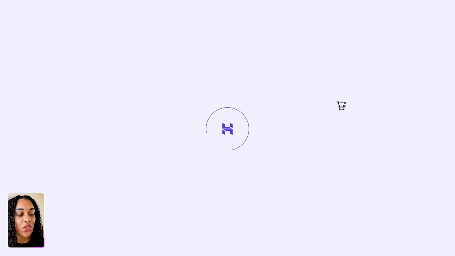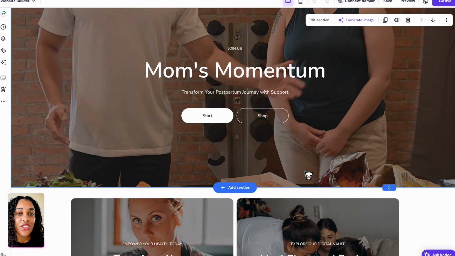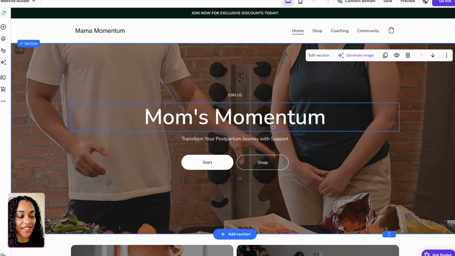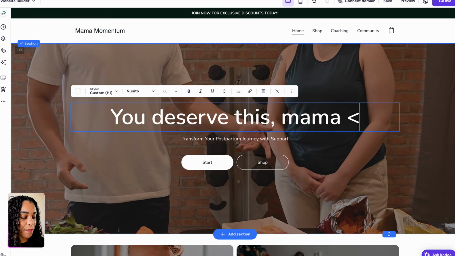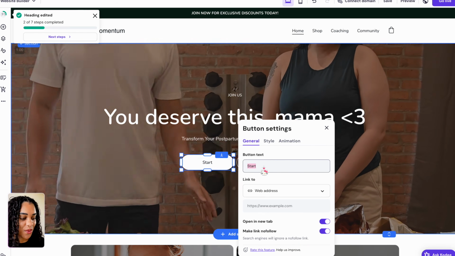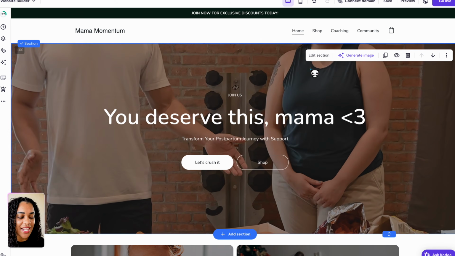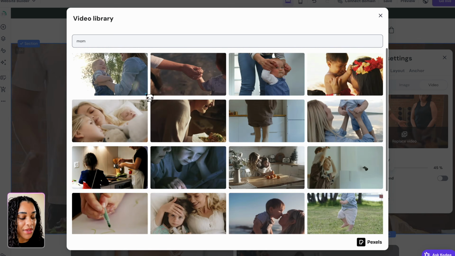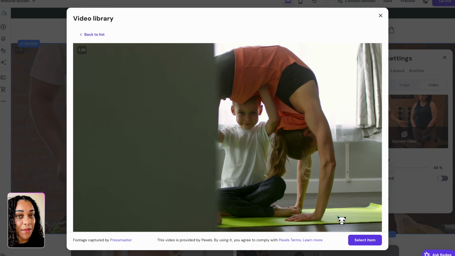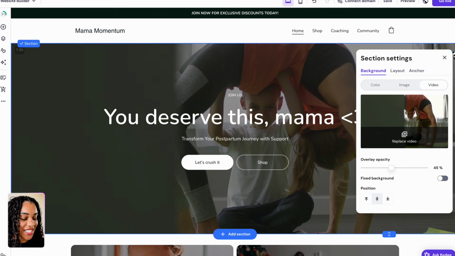When we are customizing the website, everything is really drag and drop, point and click. So say I want to edit the text, I can just click on it and put whatever text that I want to put. If I want to edit the button text, again, click on it, just write something new. If I want to edit the video, all I need to do is click on edit section and then replace video. Hostinger already has free videos and images embedded, so you don't have to pay anything extra. Just choose what you like and then add it to your page.